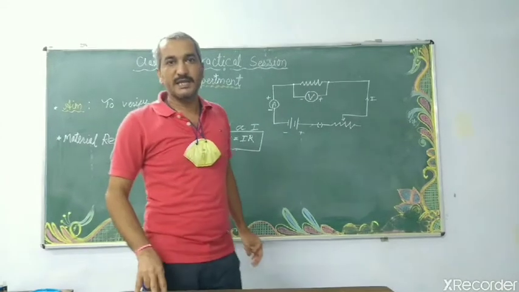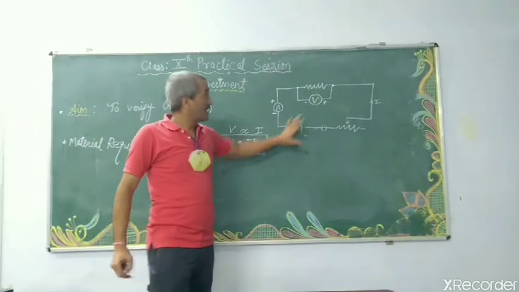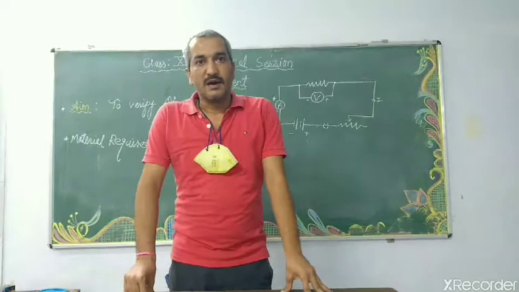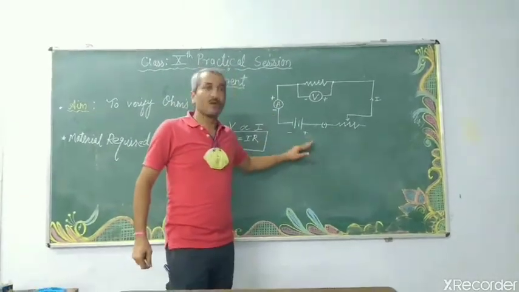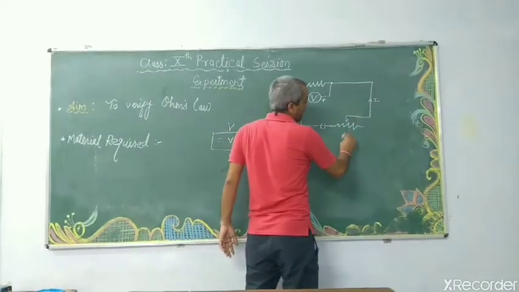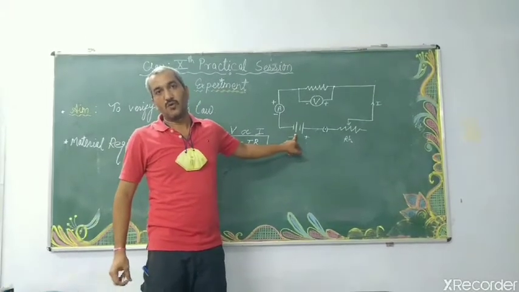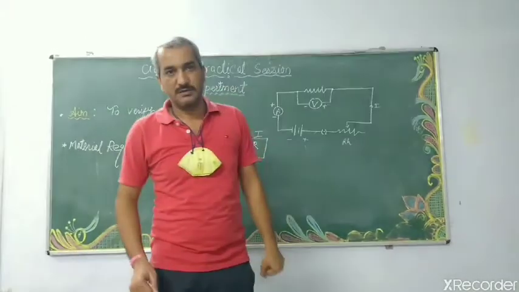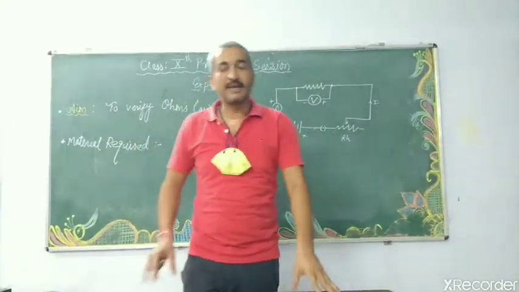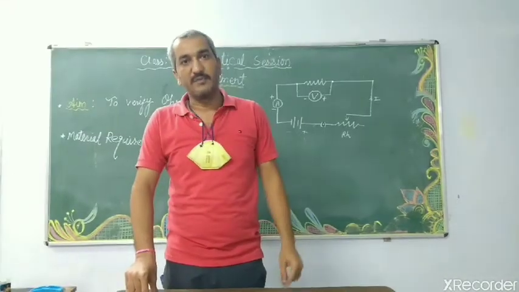This you also have to draw in your practical file, and I hope you understood it well. Now we will see this physically, and what we will do later after assembling this circuit. After assembling the components in a proper circuit, then with the help of this rheostat, or we can also take a variable battery here, whose potential difference can be changed.